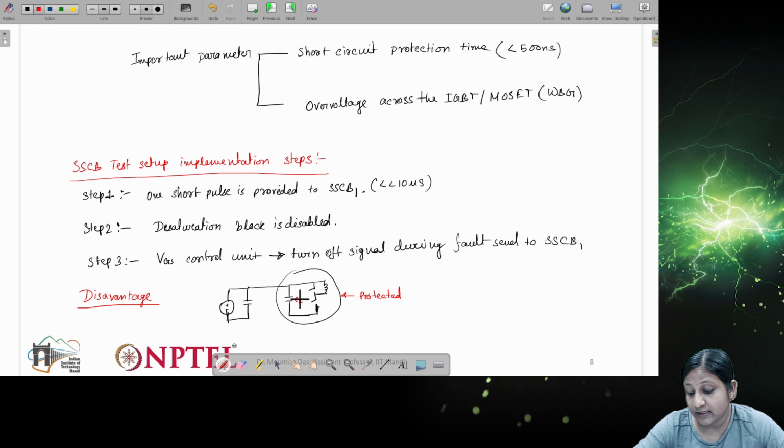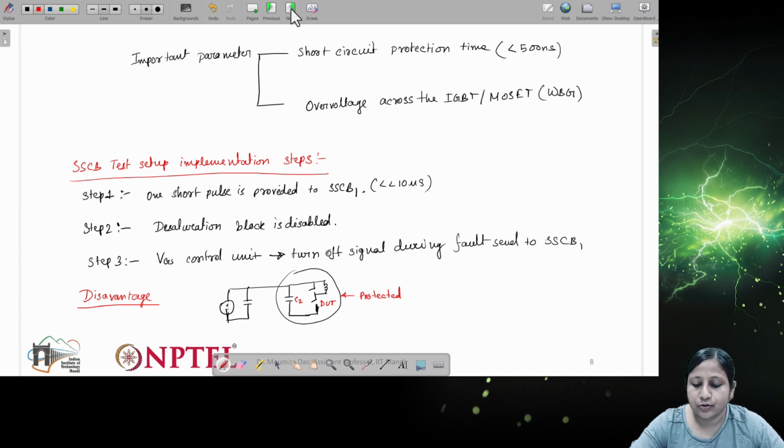Then it gets the discharging path through the devices connected here. So basically it discharges through the inductor and the device under test. Obviously this discharging is not desirable. So this is the disadvantage of this particular method.